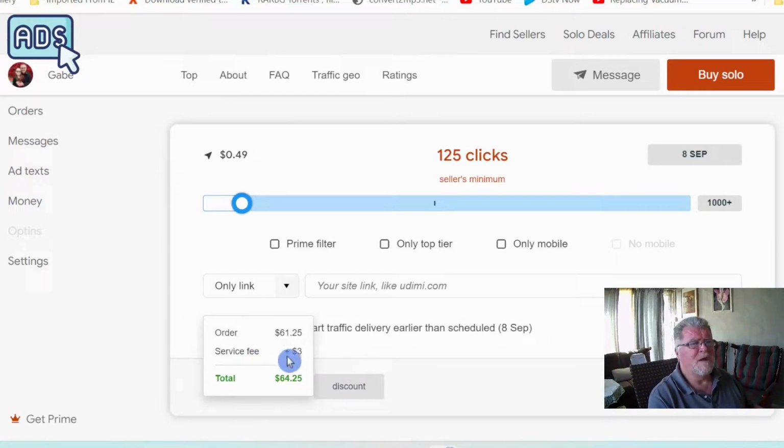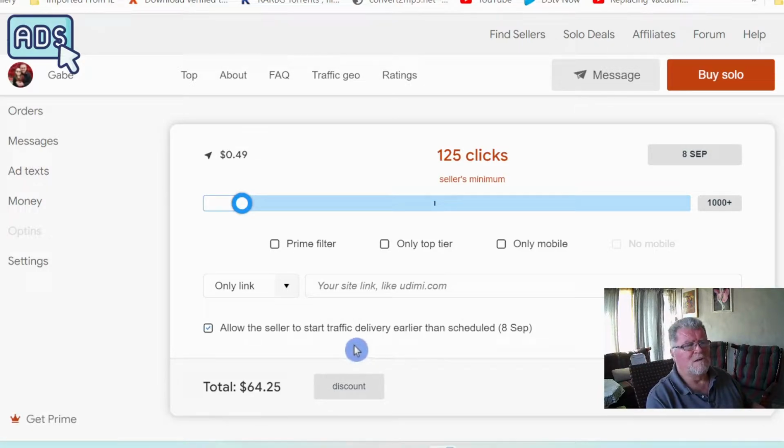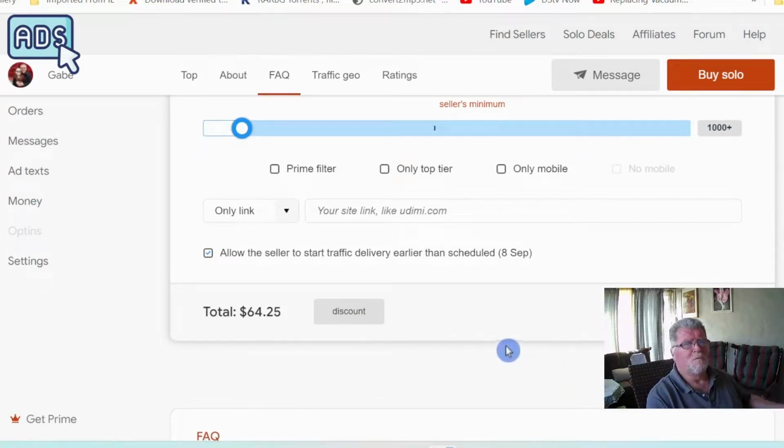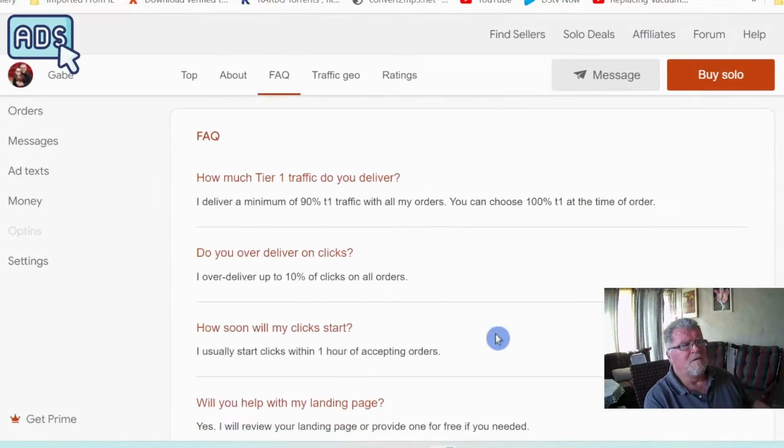$61.25, but you have to add on the service fee of $3, which brings you the total of $64.25, which is very reasonable. And once you're happy with this, you go to the checkout, and the checkout will take you to where you pay for the ad. Further down,